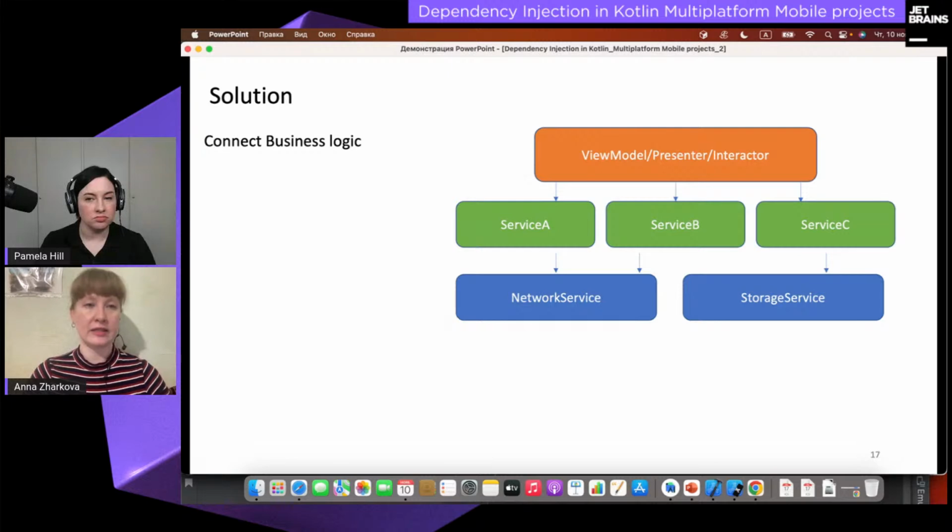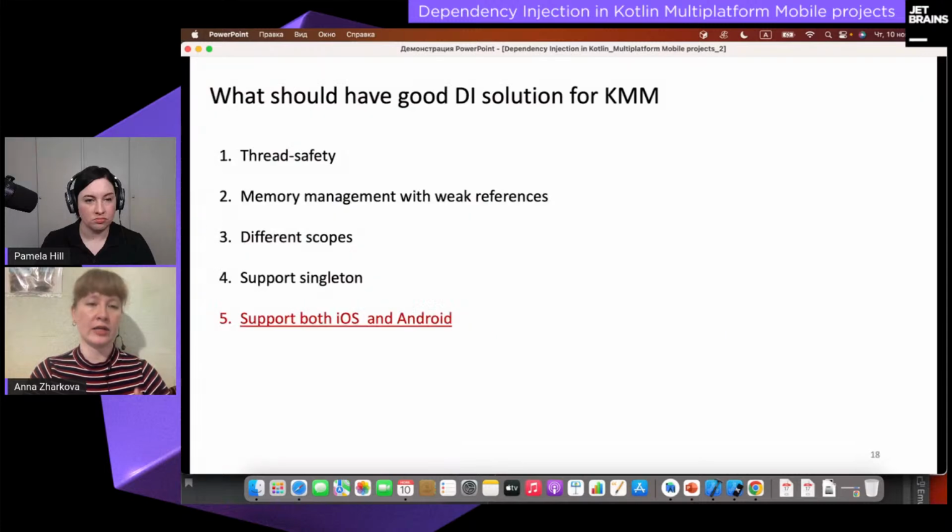on one instance. Of course, we could create a singleton for every service that should be in only one instance, but it is not a good pattern in this case. Of course, there are always one or several singletons in your project, but when it becomes the normal pattern to have one instance for every service, that's not a good case. So it's time to select and apply some kind of dependency injection, and we will focus on what should be